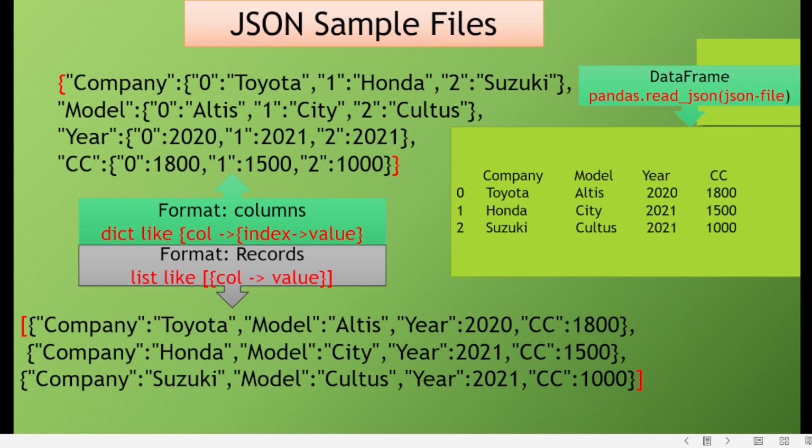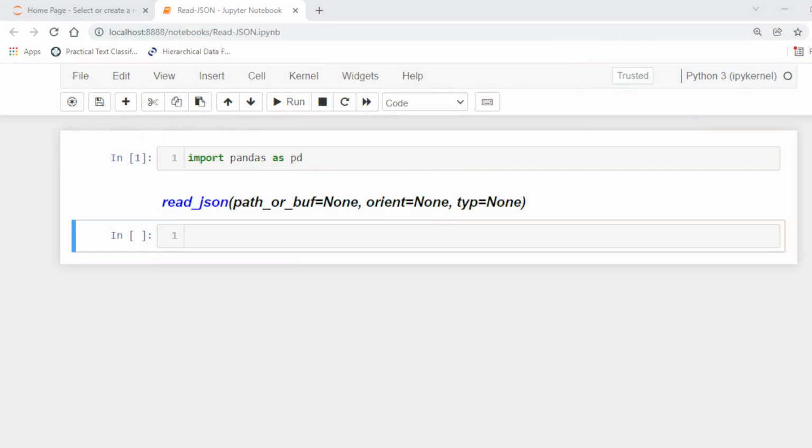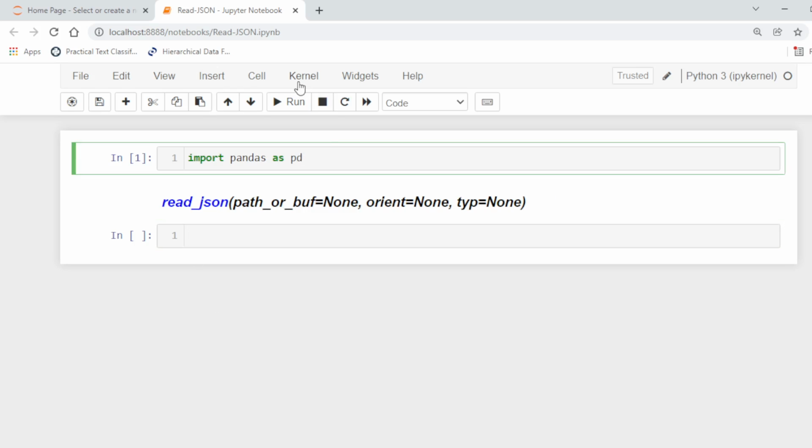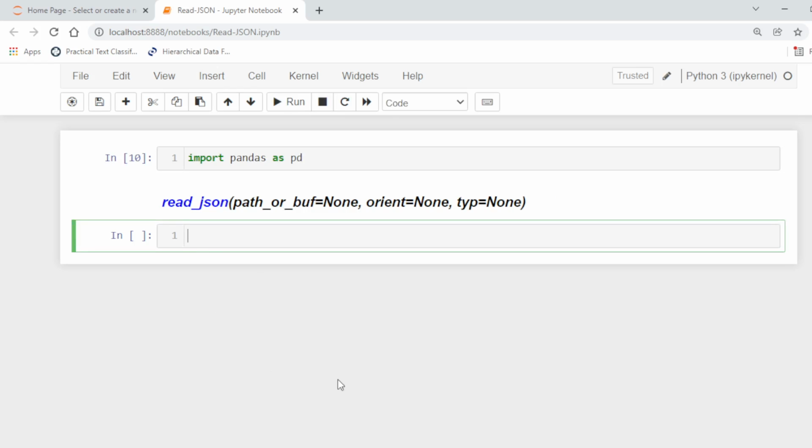So let's start using it. First of all, import pandas. Here first of all we take an example of the format in which the string format is column, basically.